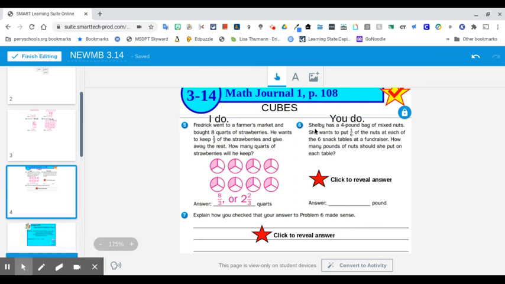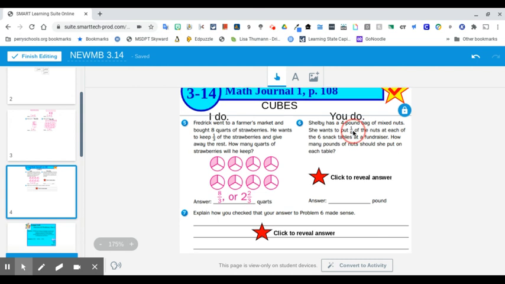So your job is to pause the video and complete. Shelby has a 4-pound bag of mixed nuts. She wants to put 1/6 of the nuts. So 1/6 of 4 pounds. How many pounds of nuts should she put on each table? So again,